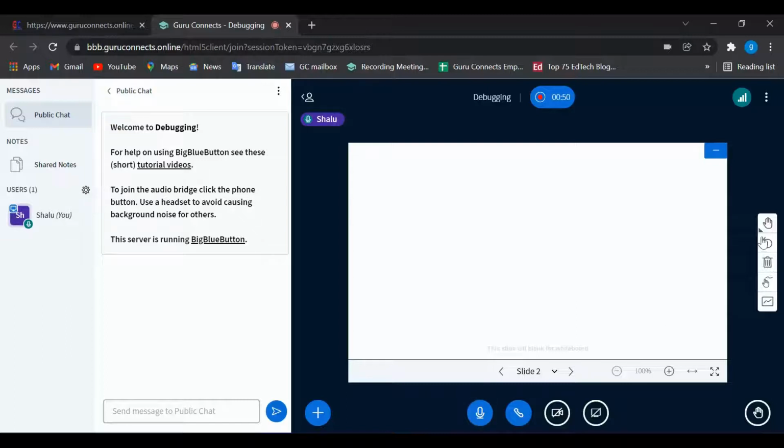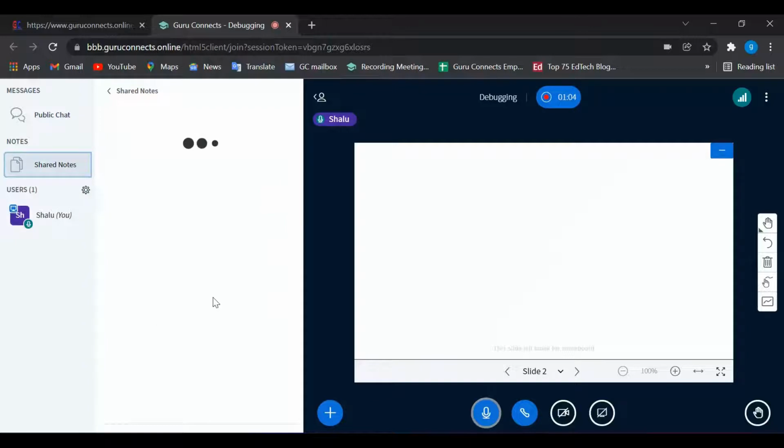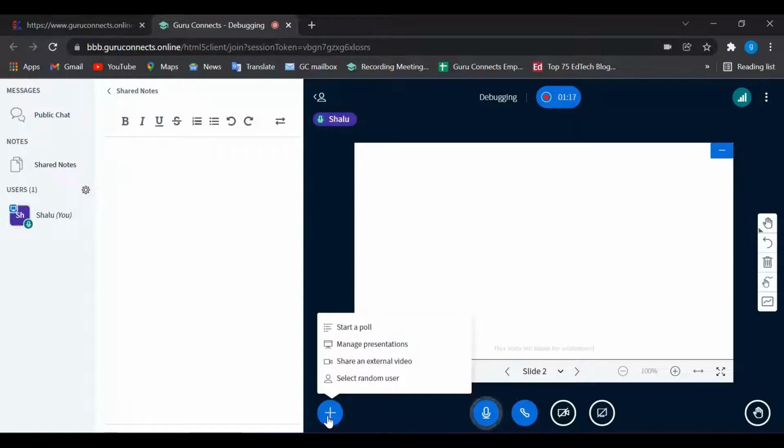You have a basic tools option like your hand, your pencil, your text box. If you want to clear any annotations, you'll be able to go ahead and clear annotations. That is your whiteboard. You can share particular notes over here in the panel within your live class, if you would want the student to refer to any page number. Now you have different types of options over here. One is start a poll. That is, you want to know how many students have actually understood your session and how many need a re-session. You will be able to start a poll.